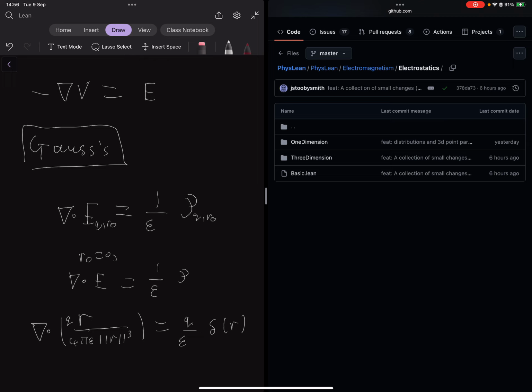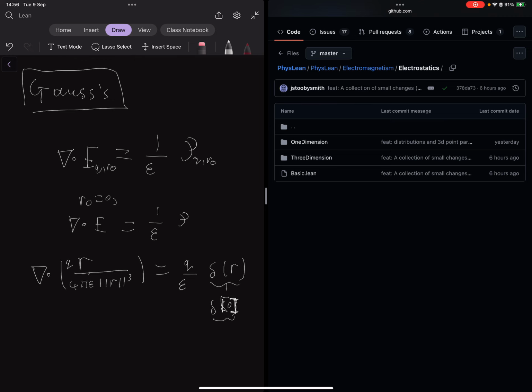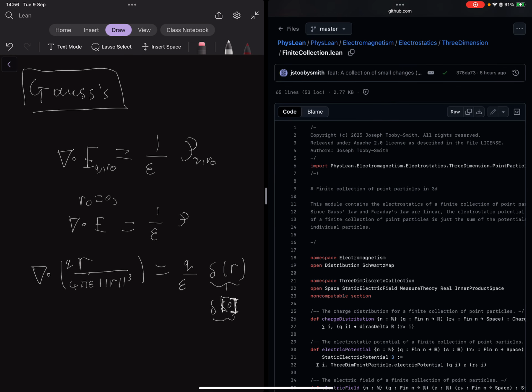Really, this should just be what I was denoting above, delta 0. Let me put a box around that to signify that this is the Dirac delta function centered at 0. So yeah, this is this famous result that you sometimes see, and within PhysLean,